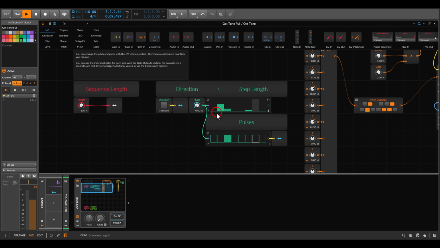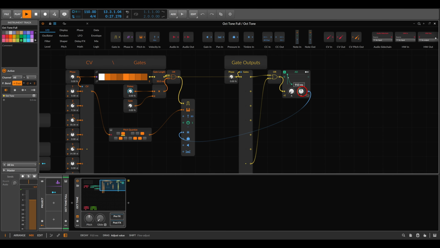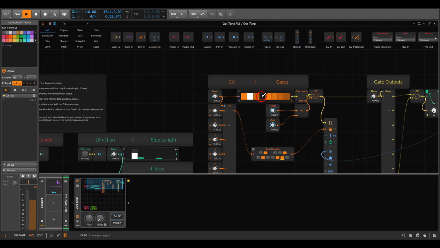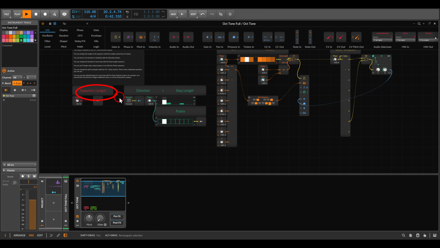You can have also longer pulses, or shorter. You can select where you want the pulses to come out of. Also here I have sorts of accents. You can turn off gates if you want. You can change the notes, so you have here sequence length, direction, step length, including the pulses,